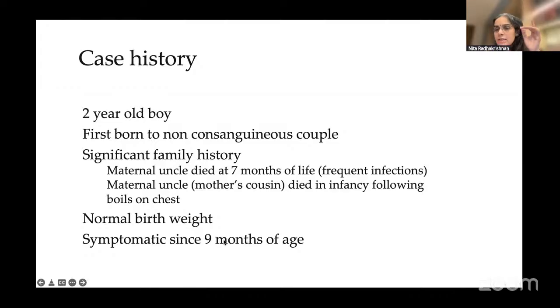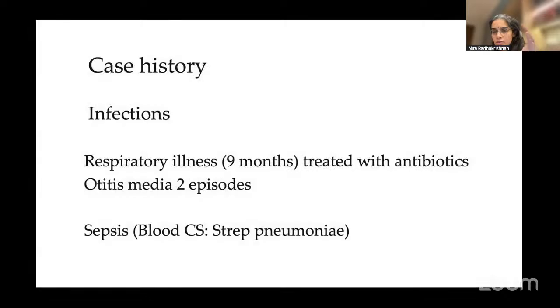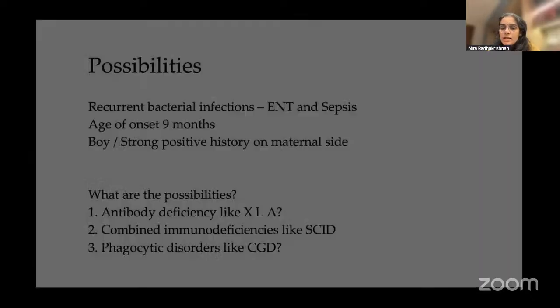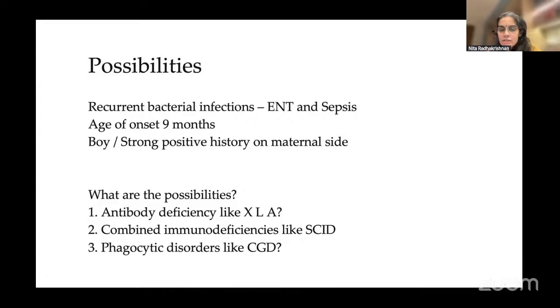So we discussed that after 6 months, it is either antibody deficiencies or some of the combined immune deficiencies which are not severe enough to come early, or it could be the CGD group of disorders that present in this spectrum. His presentation has been respiratory illnesses with otitis media. It's only 2 episodes of otitis media and 1 episode of admission for fever where blood culture grew strep pneumonia. So again, extremely suspicious for an underlying immune deficiency, especially with the family history of male members being affected. These are the 3 differentials we kept.